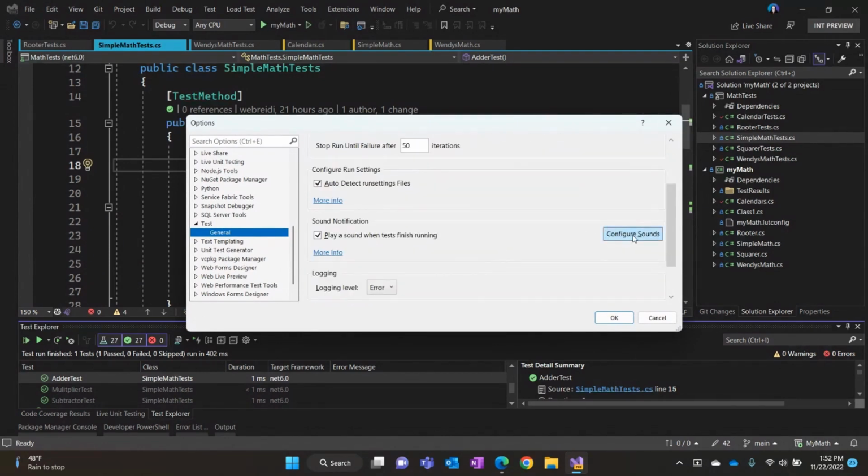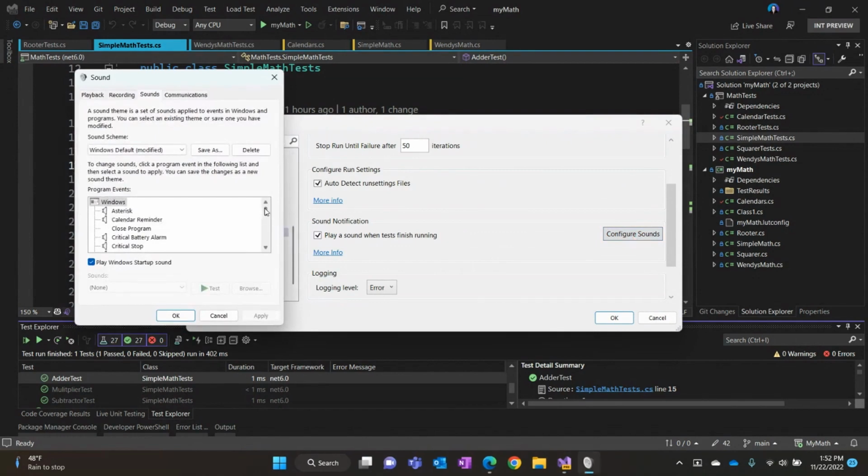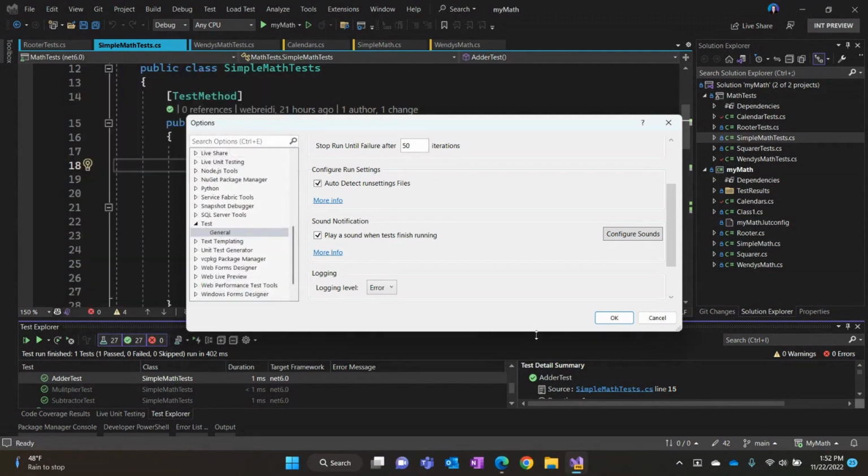If I can come in here and configure sounds, down in the Visual Studio, here, you can set one sound for when the test run succeeds and one sound for when the test run fails. And so you can let your tests run in the background while you're working on something else, and it'll alert you when your tests have completed, so you can go and check out the results.